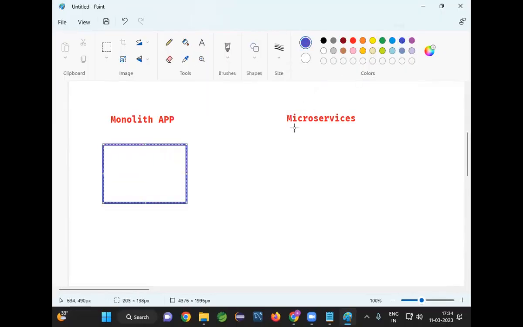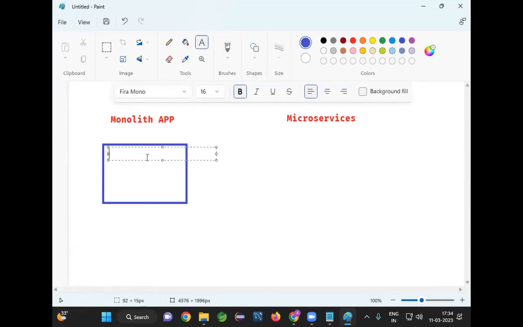Now let us take a requirement of an e-commerce application. What will be there in the e-commerce application? Products will be available. Transactions will be available, I mean, cash payment will be available. Payments will be available. Reports will be available. Shipment will be available. Cancellation will be available. Like that, n number of functionalities will be available in, let's take, Flipkart or